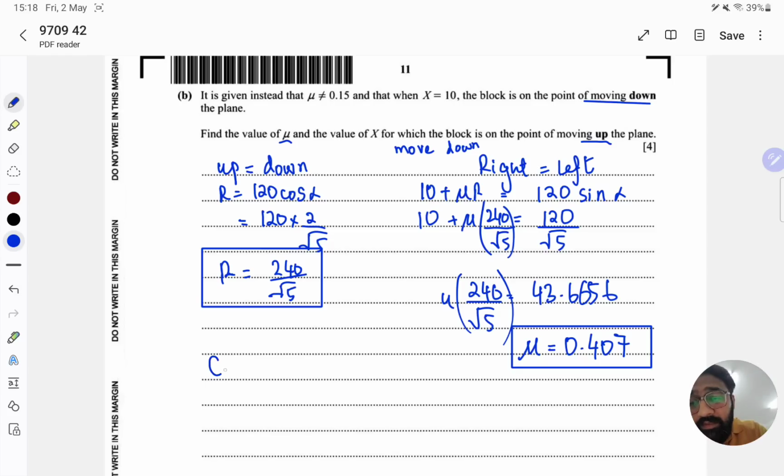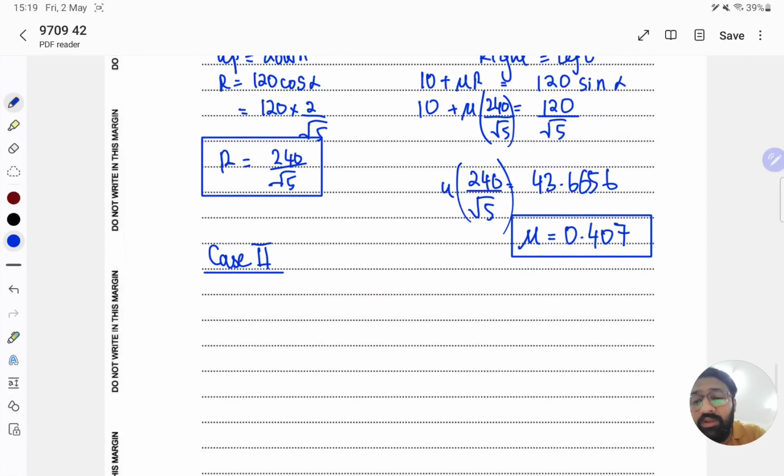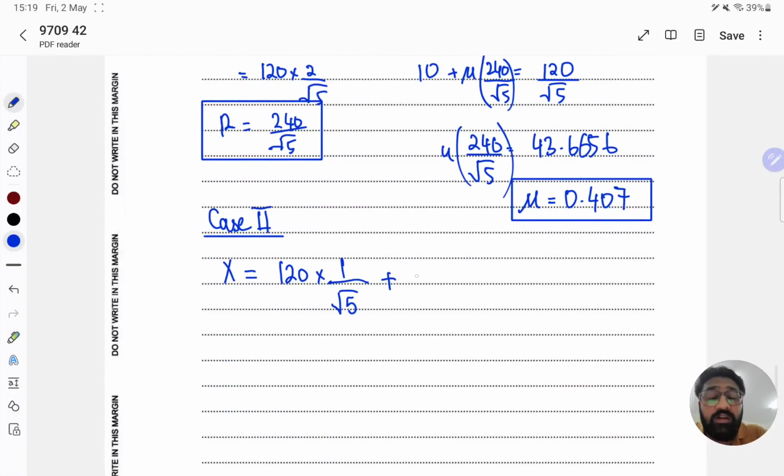Okay, now we need to do case 2. Case 2 is that when it is going to move up the plane, we will only make one difference, that the friction is going to go in the opposite direction. So the rest of the things are going to stay the same. So the right force is going to be only 1, which is x, and the left force is going to be 120 times sine alpha, which is 1 over square root of 5, plus there will be friction. The friction will be mu r. The value of mu will be the same because this is the same case that he is talking about,